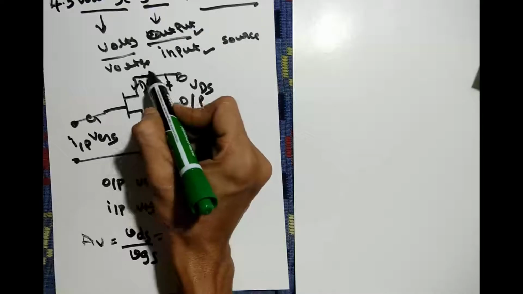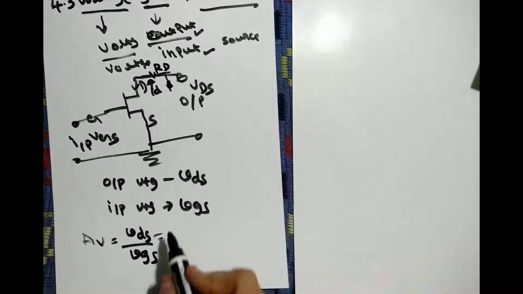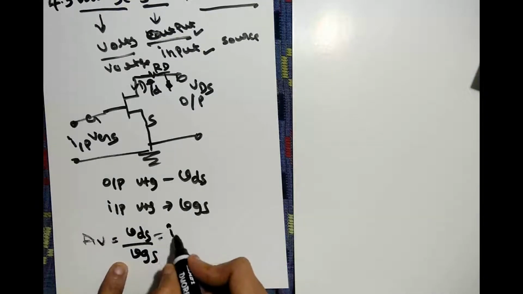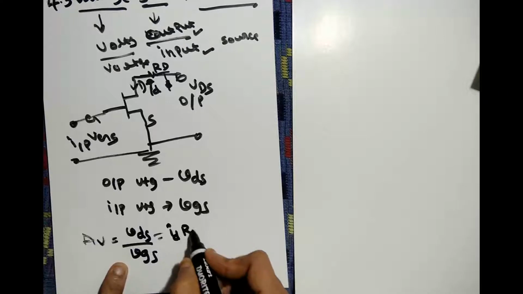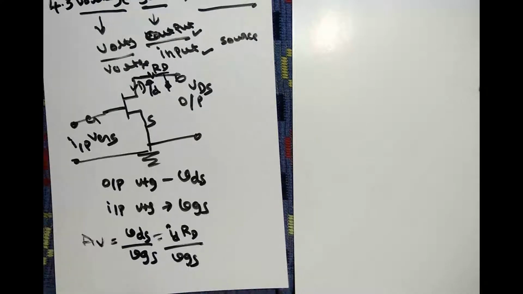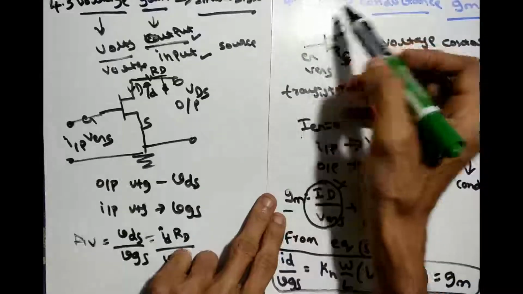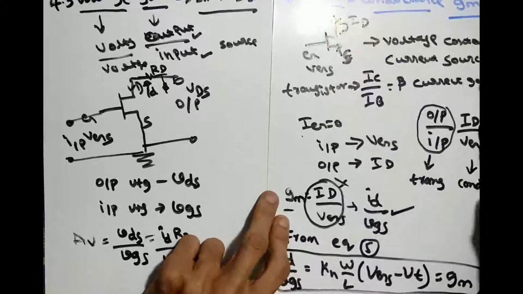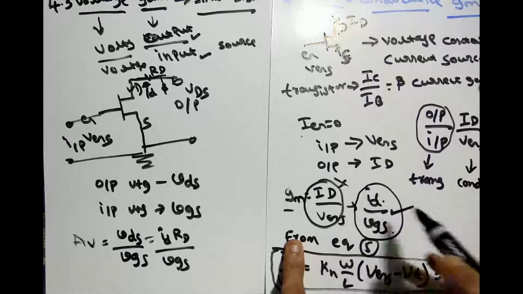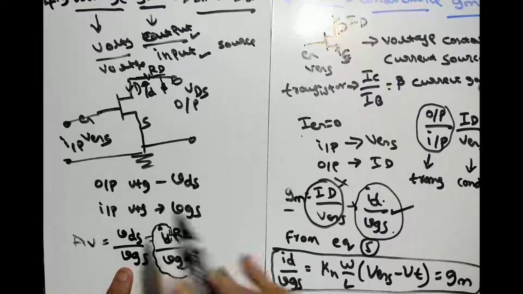That is present somewhere here. So we can write VDS with respect to Ohm's law, I into R, so it is nothing but small ID into RD. Similarly, we have VGS as it is. Now look at the previous topic we discussed, transconductance. We said that transconductance is nothing but the conductance ID by VGS. Here, with the AC signal, ID by VGS is our transconductance. So in this portion, this ID and VGS is the transconductance.